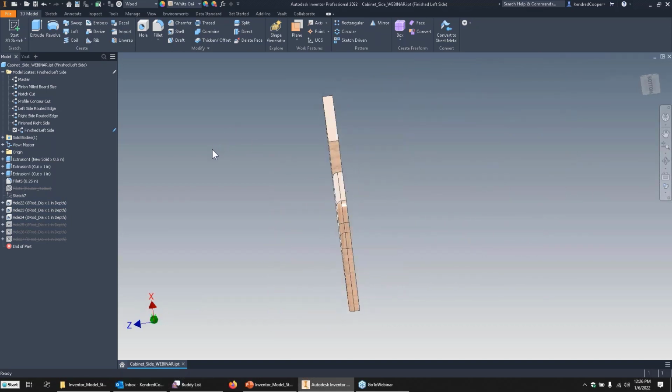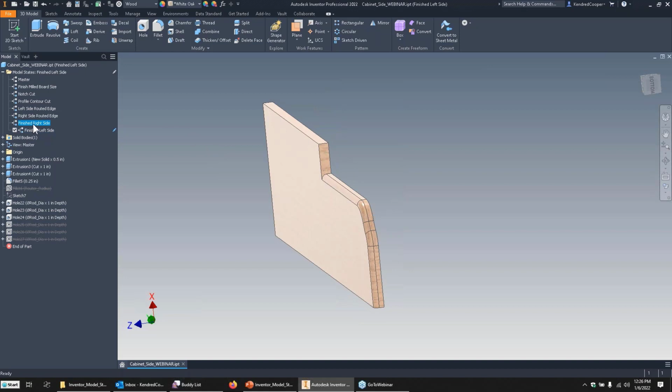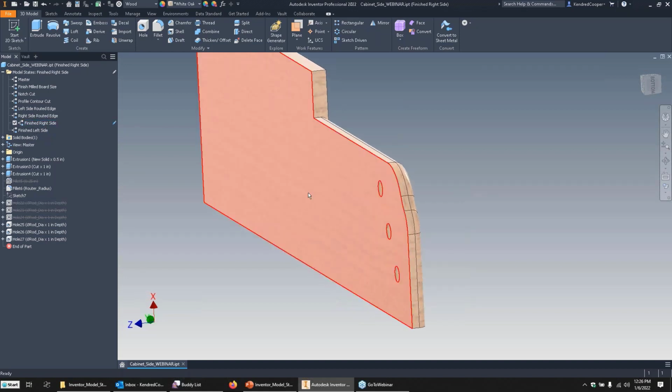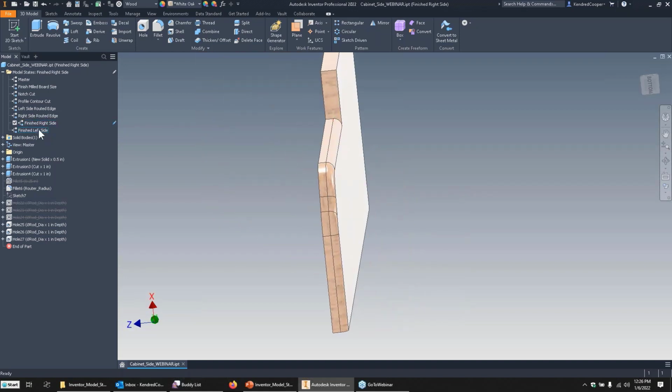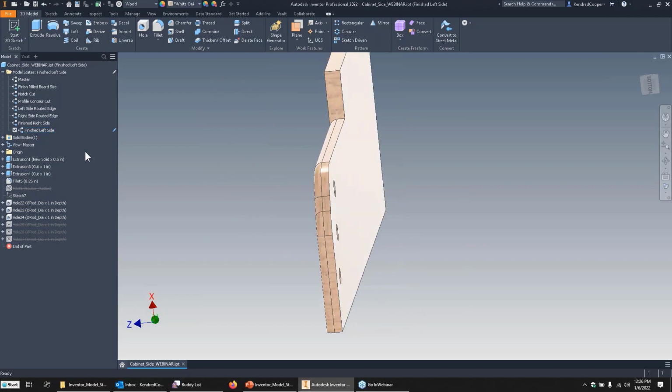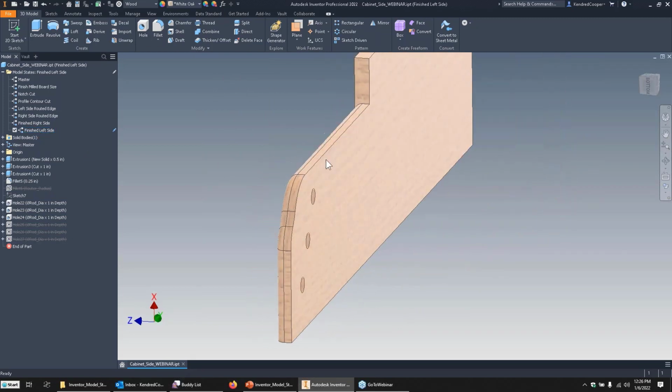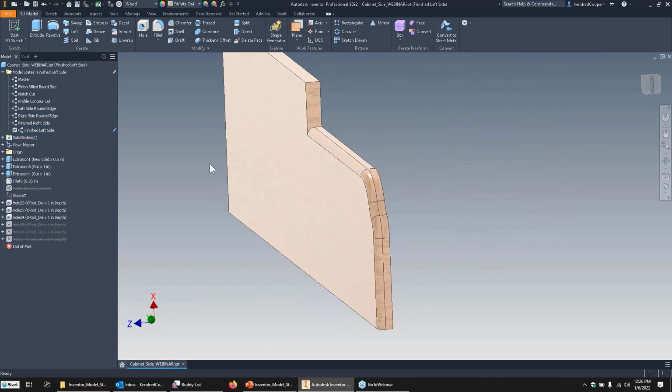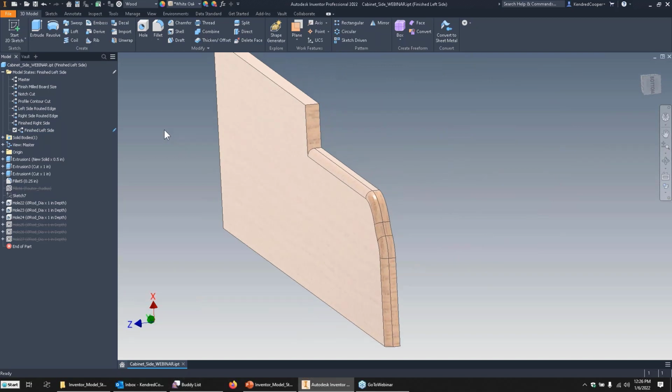So now we've got our 2 configurations. We've got the finished right side, holes drilled on the inside on the flat with the rounded edge on the outside. Finished left, again, holes drilled on the inside on the flat with a routed edge on the opposite side. Now, I could run with this and it'd be perfectly fine. You have the option of tweaking the information even more,